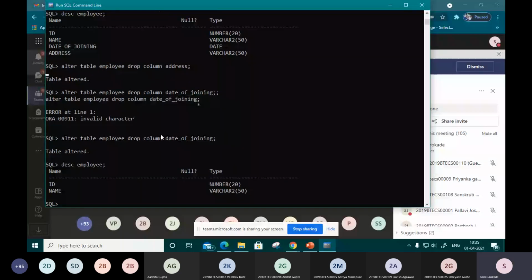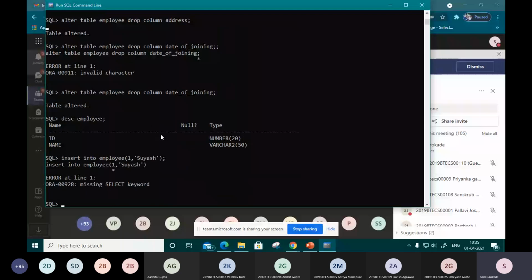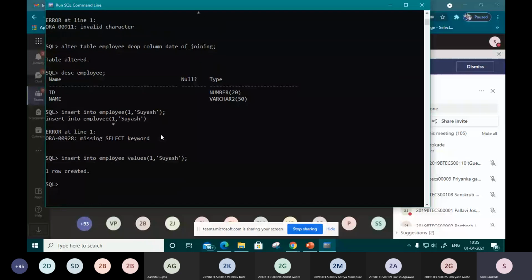insert into employee with ID 1 comma Suresh. So one row will get added.